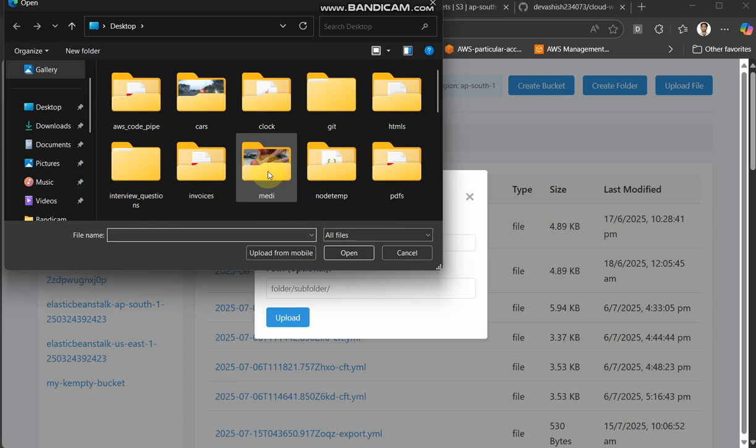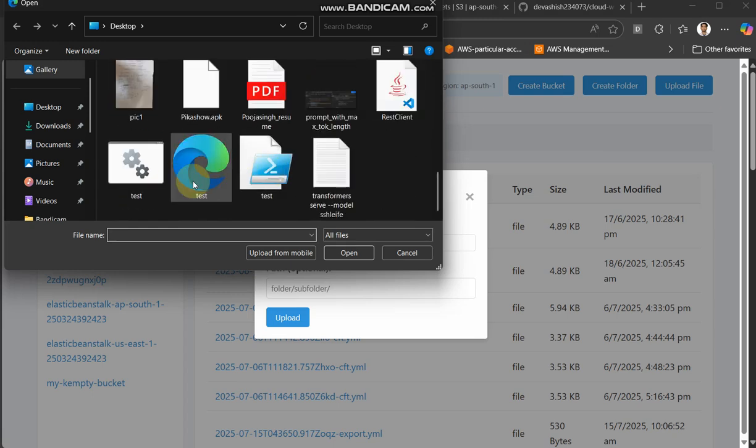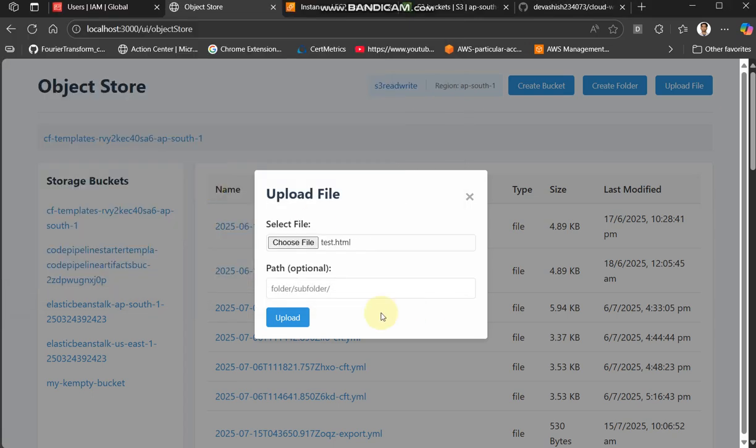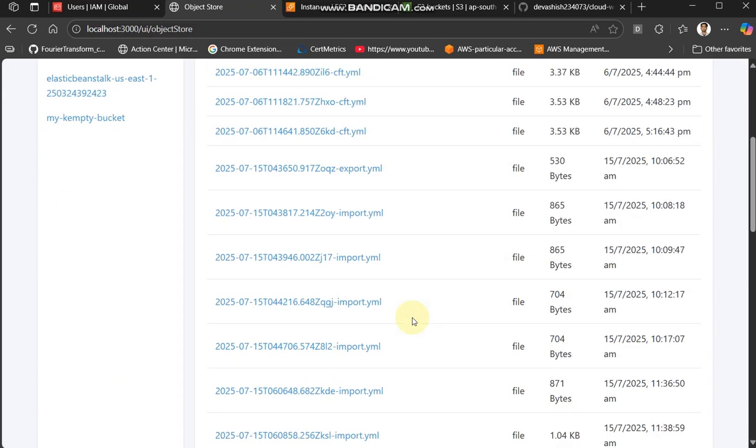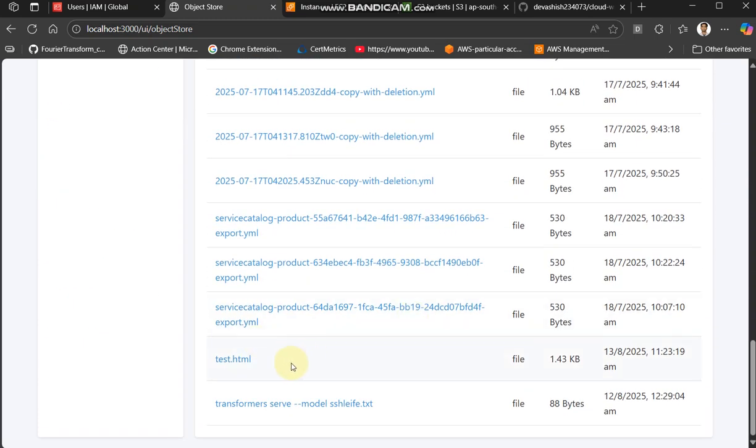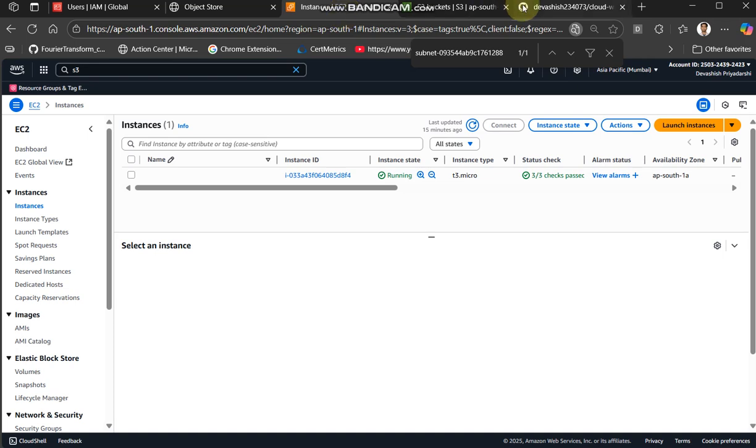Choose a new file. I'll take this test.html, for example. Let's upload. File uploaded successfully. Test.html got added. Its current date is 11/23, and if I go to my bucket,